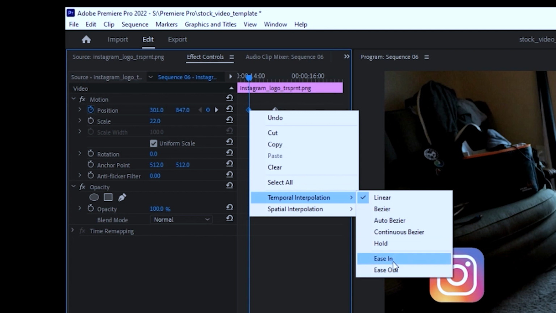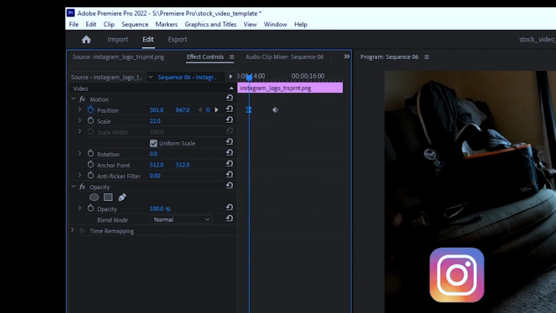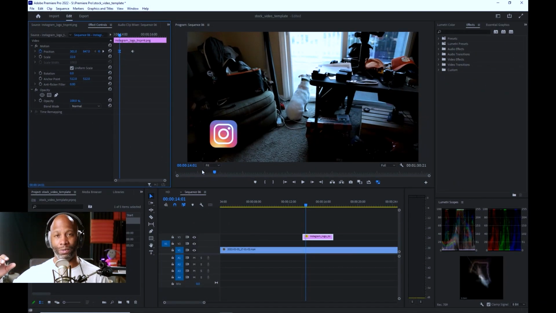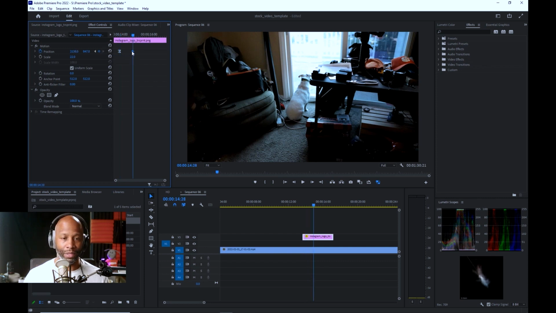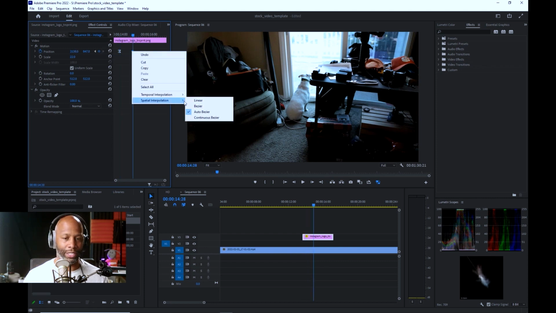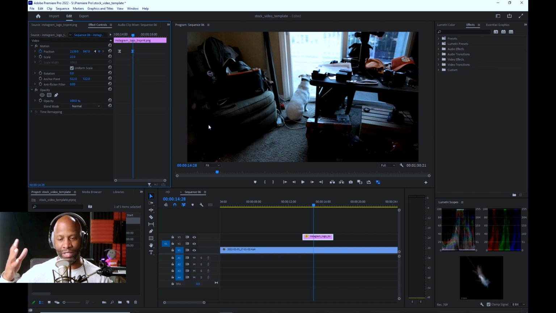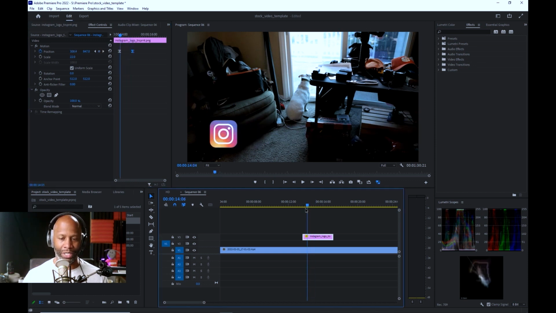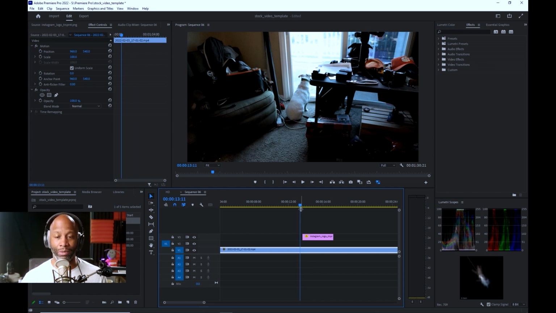Okay, so what I would like to do on this one is a bit of an ease out, because I'm going from point A to point B, and I wanted to just gradually go out of point A. And then on point B, or the second keyframe, I want to right click, change that to ease in. Okay, just sort of the opposite. So what should happen is this movement is not going to be quite as linear, so it'll have just a little bit more life to it. So let's play it back, take a look,